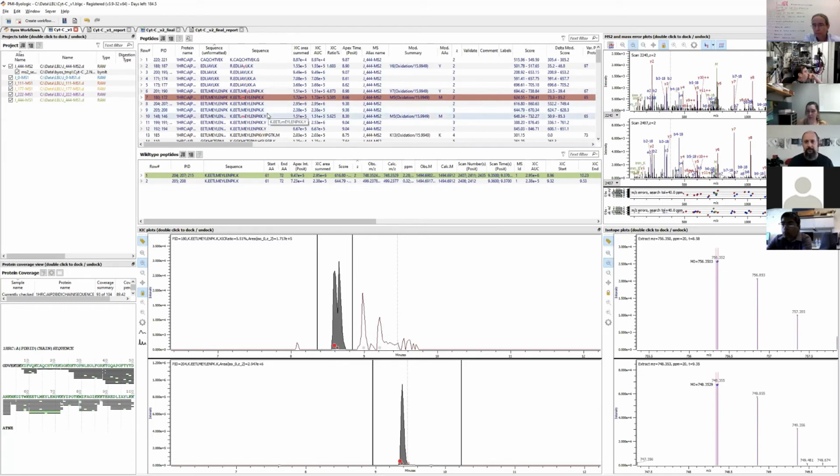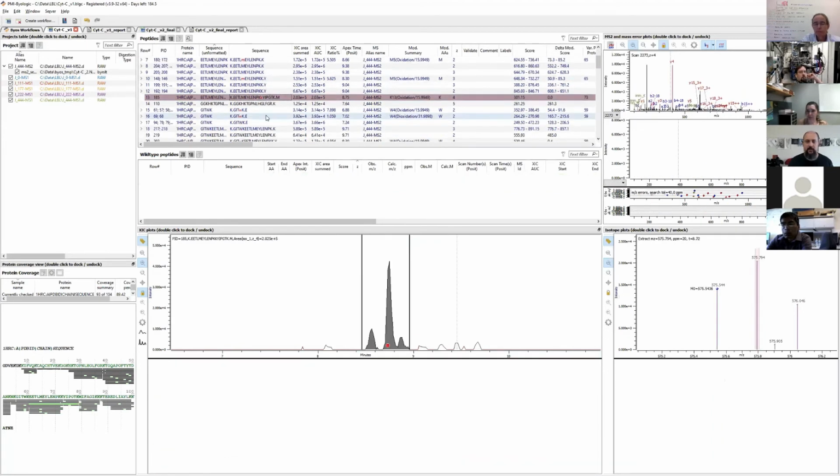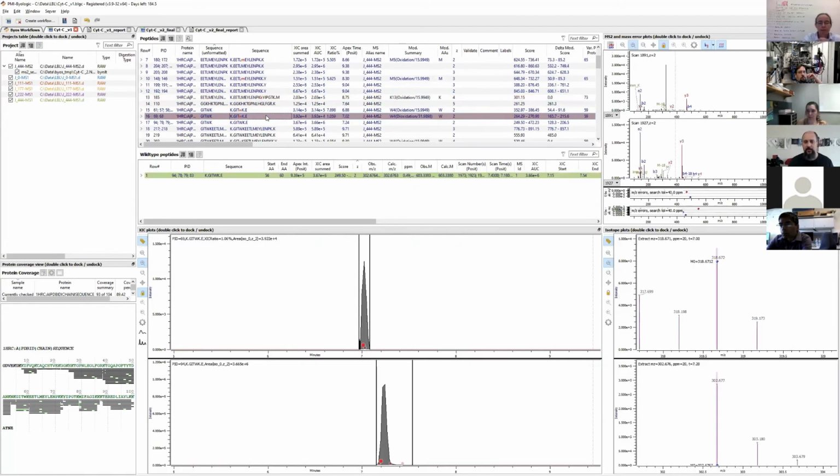All right. So we'll do our inspection for all of those peptides that we want to look at. You may come across a peptide which you don't trust at all. And for those, you can go to the validate column and mark them as true positive, false positive, or uncertain, one of those. And finally, you can actually use those to apply filters. You can filter those things that you have marked and validated. So these three columns here are interactive: validate, comments, and labels. But everything else in the software is not, so you cannot delete or change any of the other values in this